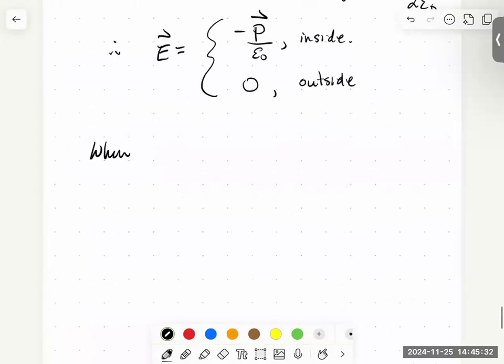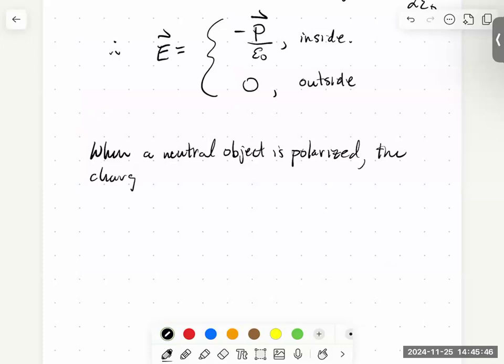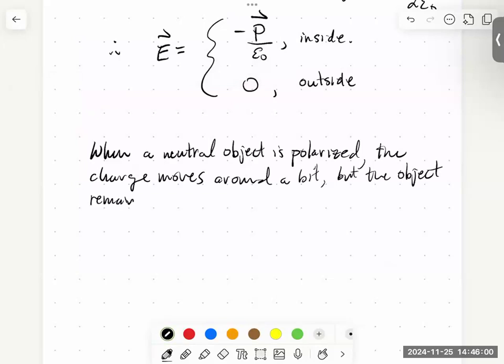So when a neutral object is polarized, the charge moves around a bit, but the object remains neutral. And we can confirm that. Okay, so